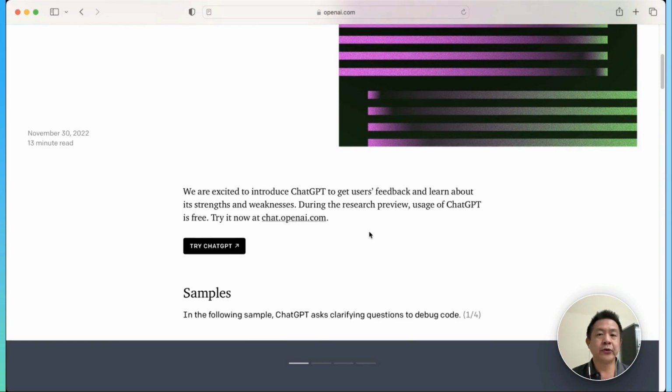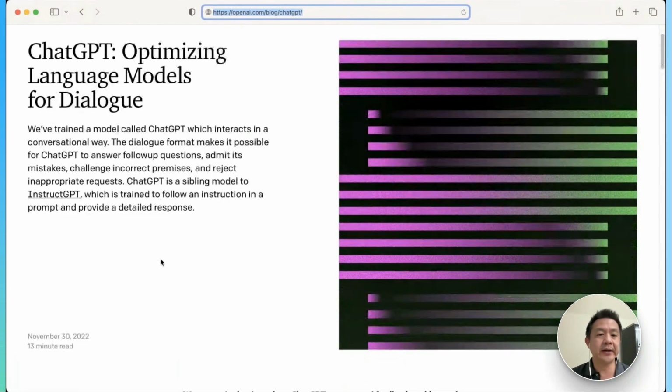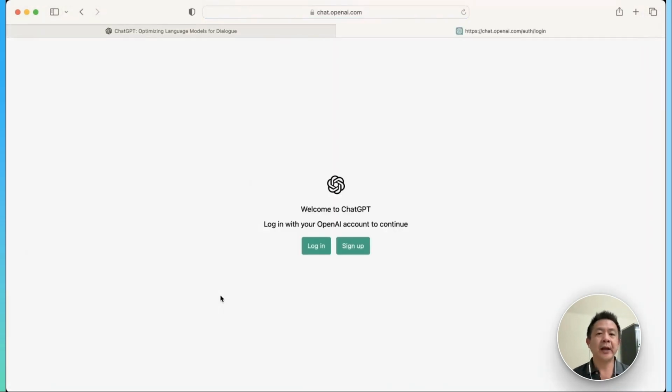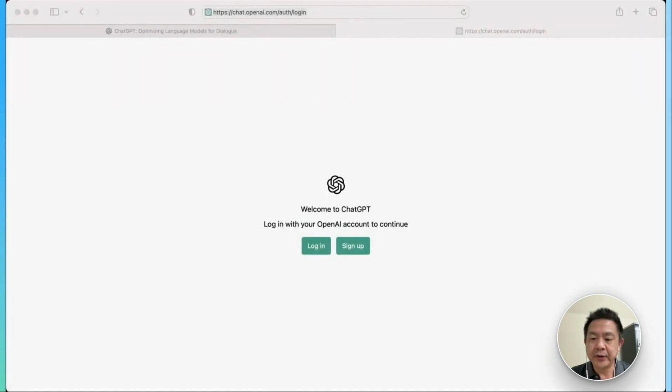All right. So once the website is called, you can go to OpenAI. All right, and if you click on Try ChatGPT, and this is the URL. I'm going to put it on the comment section. Hopefully, you can just see that. Let me see if I'm going to put it here. Hopefully, you can see it on the comment section. I don't know which one you'll be receiving, but anyways, the URL is, like I say,